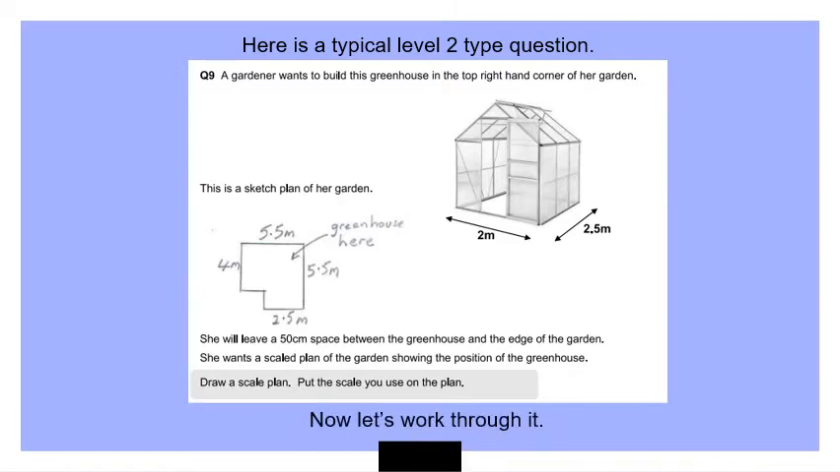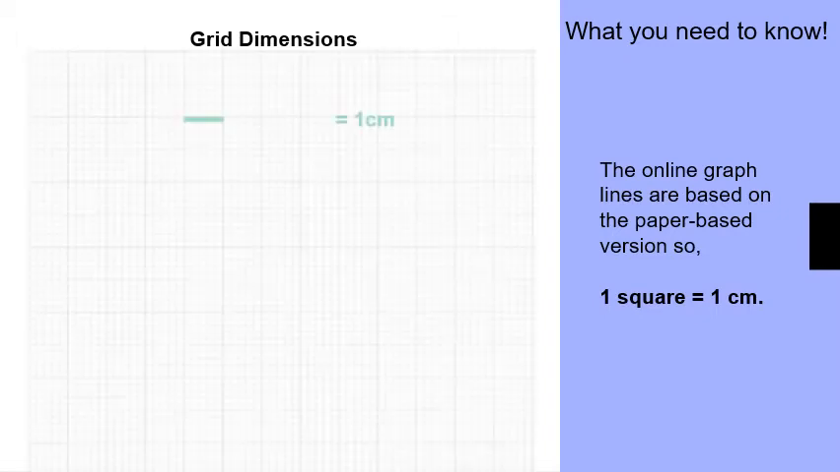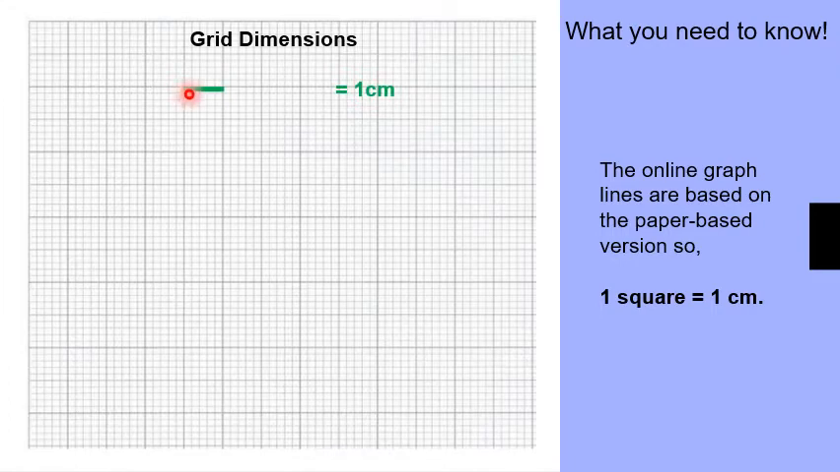Now let's work through this to show you how to resolve this question. What you need to know before we talk about the grid dimension is the online graph lines are based on paper-based versions. So one square on the online graph paper is representative of 1 centimetre, and this is what it looks like. You can see here that one of these little squares has a square of 1 centimetre. So every one of these lines equals 1 centimetre. So if you have 2 lines, that equals 2 centimetres. If you have 3 lines, that represents 3 centimetres, and so forth. Now you've got the first part of your